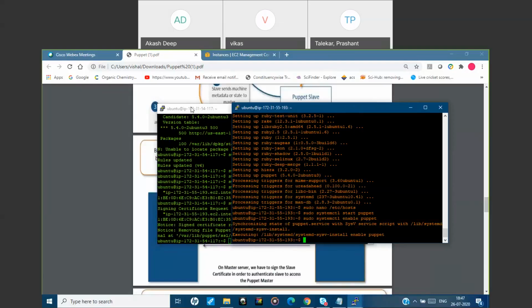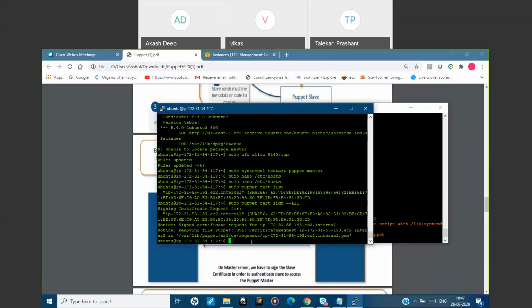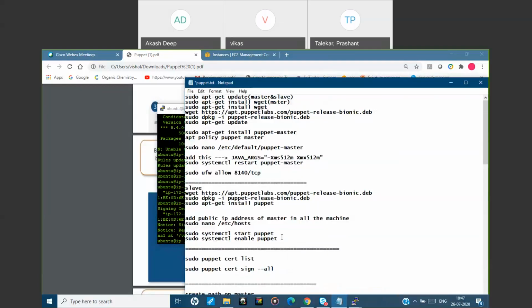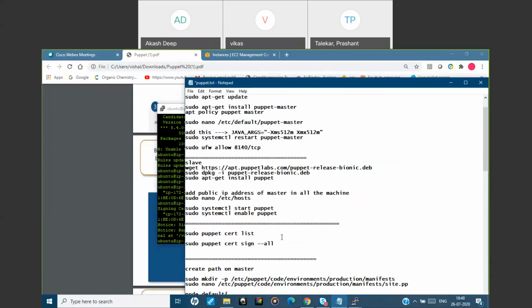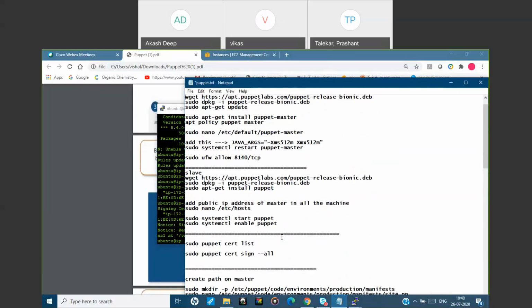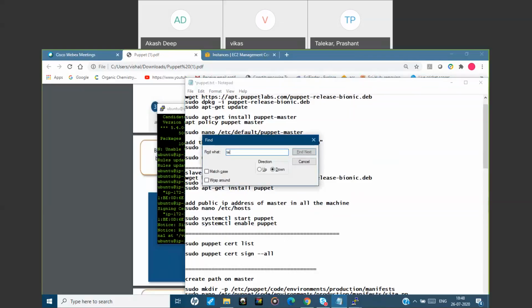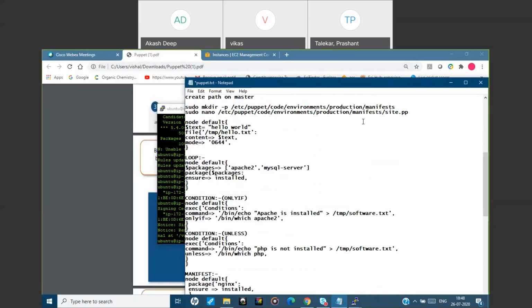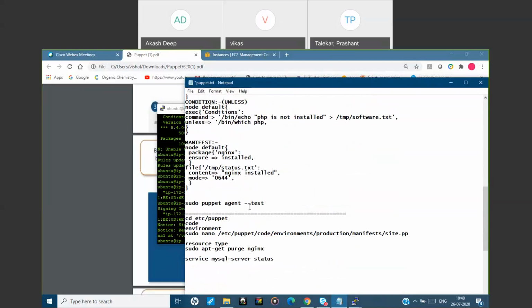Now the thing is, whatever changes we make, if I need to install Nginx, we need to execute this command on the agent.